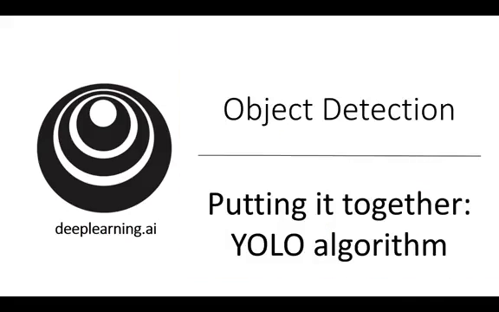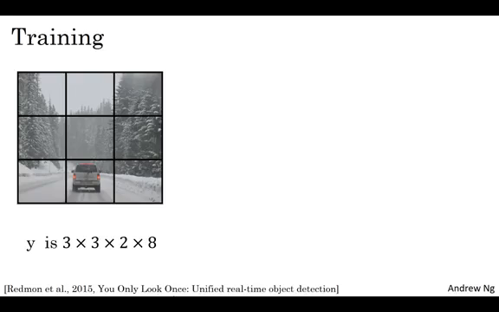You've already seen most of the components of object detection. In this video, let's put all the components together to form the YOLO object detection algorithm. First, let's see how you construct your training set. Suppose you're trying to train an algorithm to detect 3 objects, pedestrians, cars, and motorcycles, and you won't need to